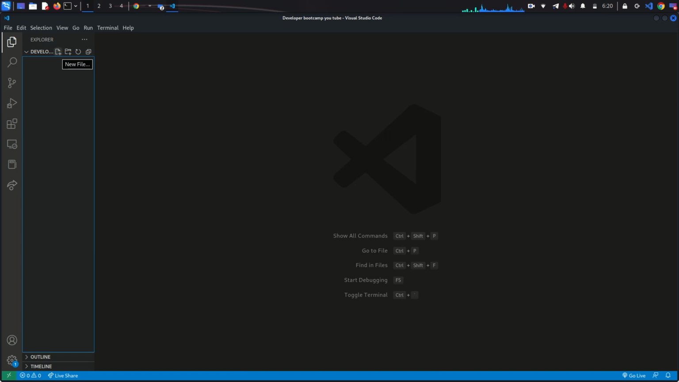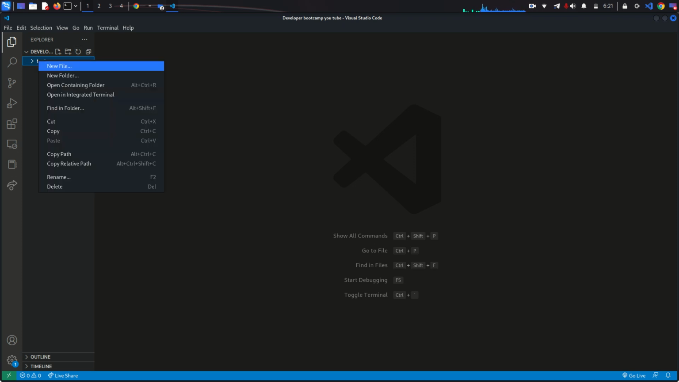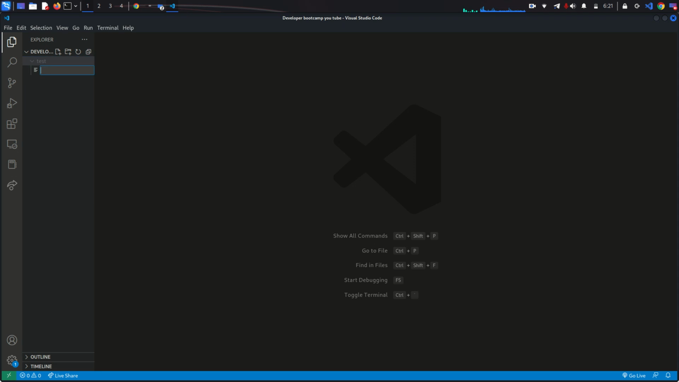After installing your VS Code, we have some options here. We might create files right here, like new file, new folder, and so on. For example, let's create a folder. I'll name it test. Press enter. Here is the folder. I'll right click on test, and I'll create a new file. I might name it index.html,